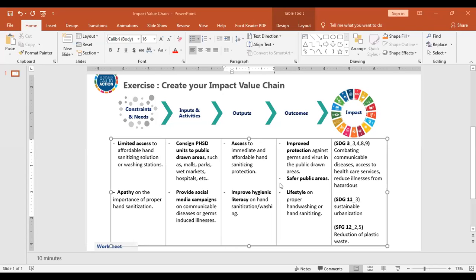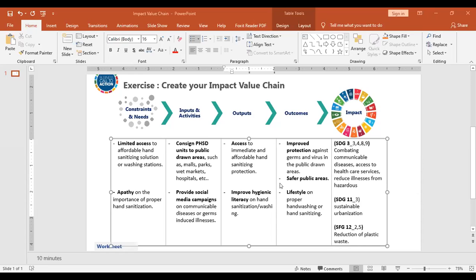On the second part, ma'am, I think we could provide more aesthetics on our dispenser so that it will really grab the attention of the general public so that they will be drawn to it in the practice of hand sanitizing. So our expected outcomes, there will be improved protection against germs and viruses in the public areas.